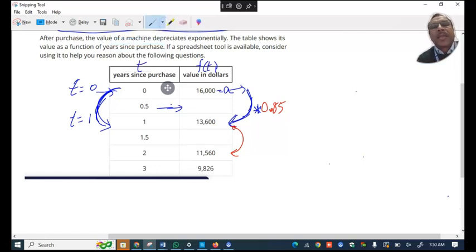So let's do question number 2. It is asking, what about when t is 0.5? That's like a half year, right? And also when it is 1.5. So there are two questions. That means f of 0.5 is,